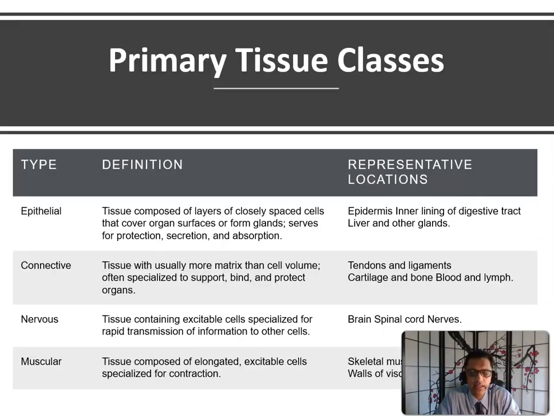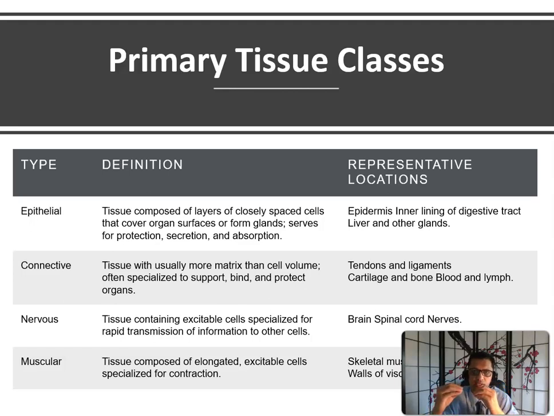So if you look at the four main classes of tissues, we have epithelial, connective, nervous, and the muscular. We'll start off with the epithelial. And if you look at the definition, it's composed of layers of closely packed cells that cover organ surfaces or form glands. They serve to protect, secrete, and absorb. So where are these found? So epithelial are usually found in the linings of the digestive tract, in your mouth, esophagus. So they're really there to protect